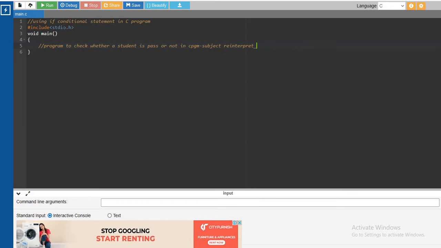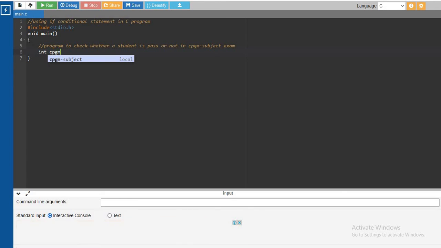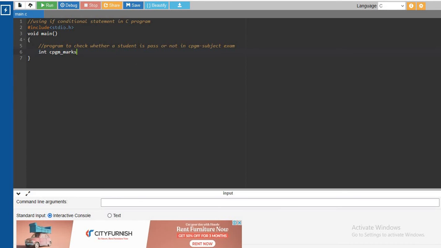Okay. Okay, so int C program marks we are going to accept. So C program marks equal to 23 out of 100. Okay, so use if statement. If C program marks, if it is greater than or equal to 40, okay, then we are going to print